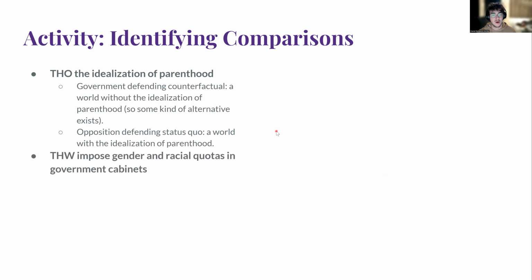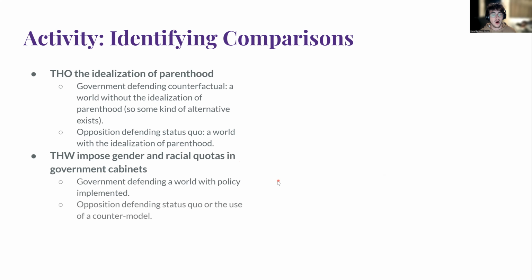Now we have this House would impose gender and racial quotas in government cabinets. All right. Government's defending a world with the policy implemented. So they're defending a world where we do impose gender and racial quotas in government cabinets. Meanwhile, opposition's defending status quo or the use of a counter model, which again is a type of alternative that